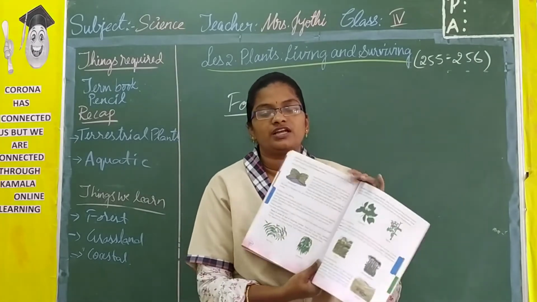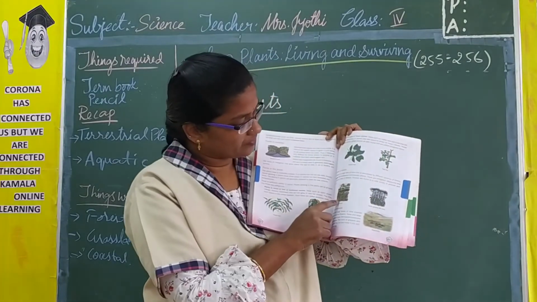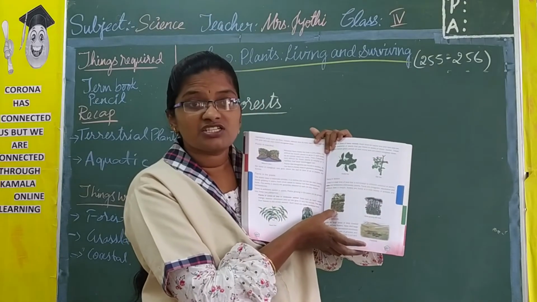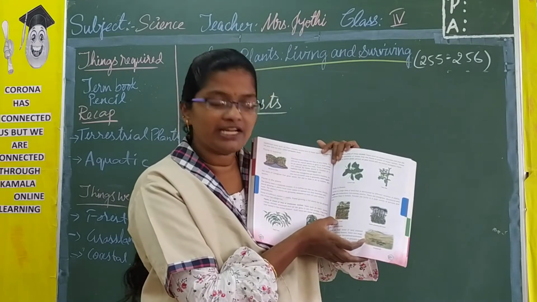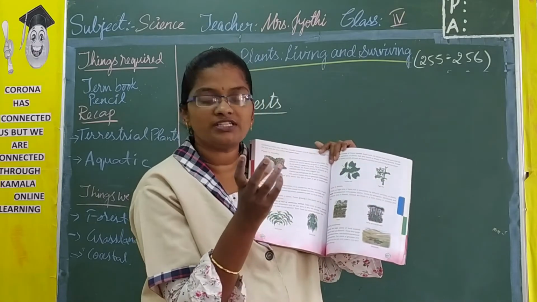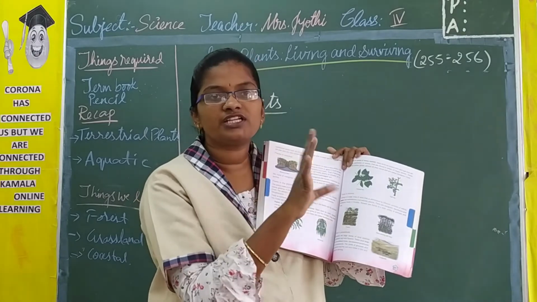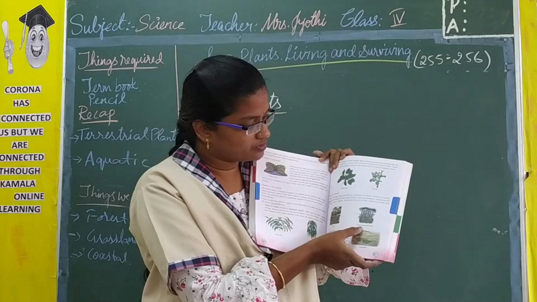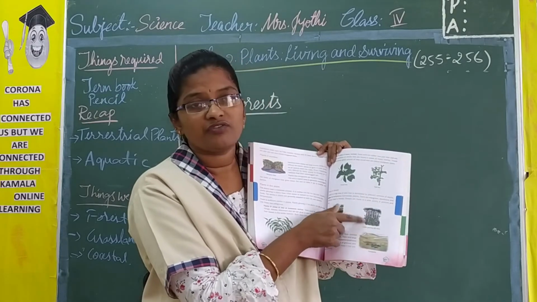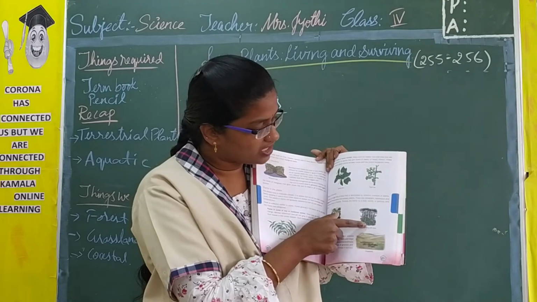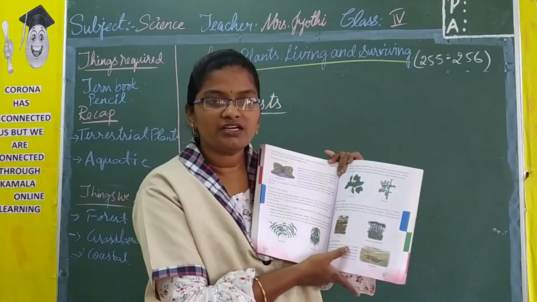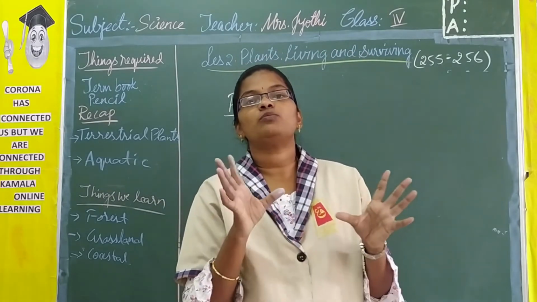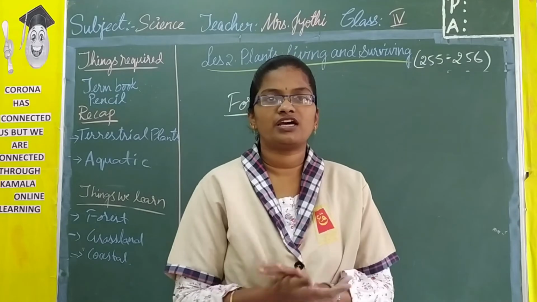So here you can see two pictures of a forest. Tall trees are there, short trees are there, shrubs are there, creepers are also there, and you cannot see the soil at all, isn't it? Wherever there is empty space, a little bit of grass and unusual plants are grown. Then herbs are growing with trees. Along with the tall trees, even herbs and shrubs are grown, and down here you can see the grass also. If you enter a forest, you cannot see the soil at all in most parts. Everywhere plants are grown.